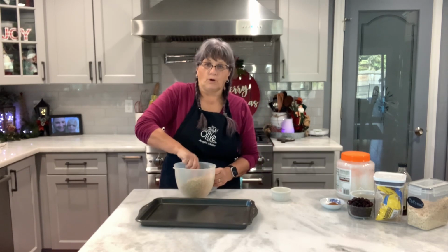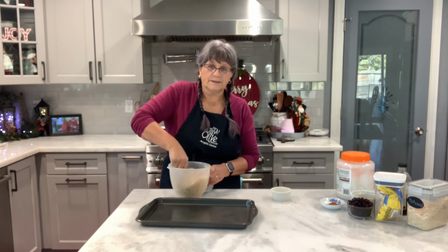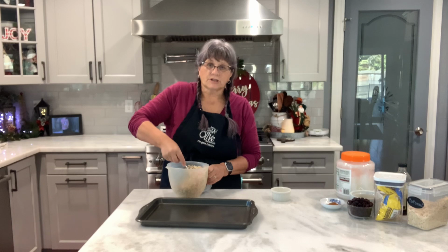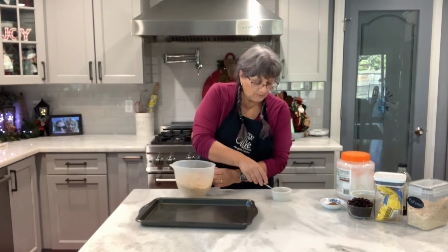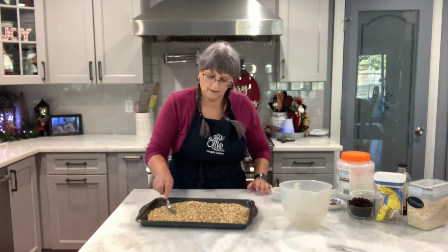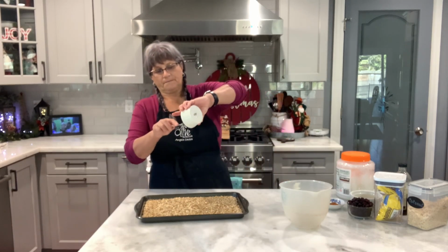You can toast your oats on the stove. I'm gonna toast mine in the oven. I have also toasted some almonds and some walnuts. I have my oven at 300, and you just toast it all until you start smelling it. Make sure they don't burn. So I'm gonna put it in this pan and toast my oats that way. That way I'm not worried about being by the stove. I just have everything at one time,